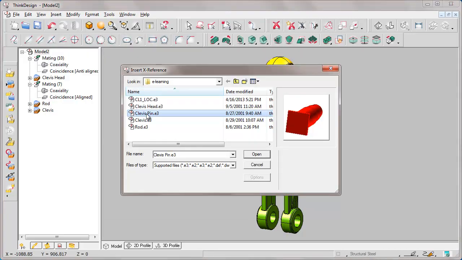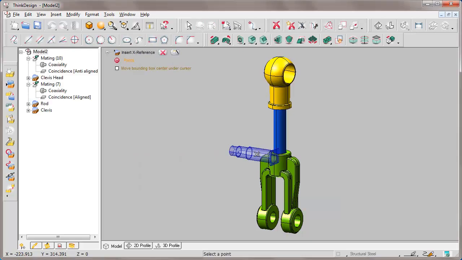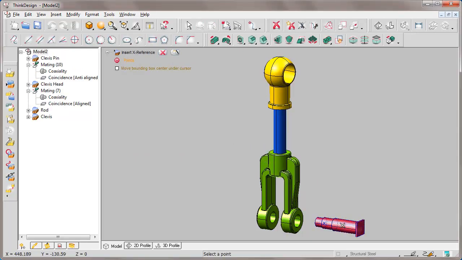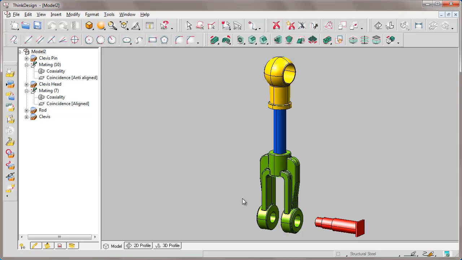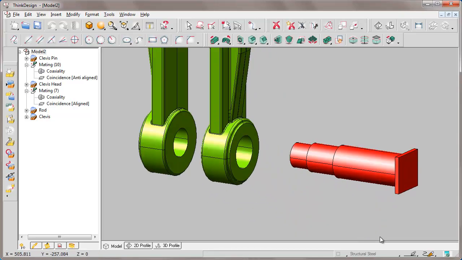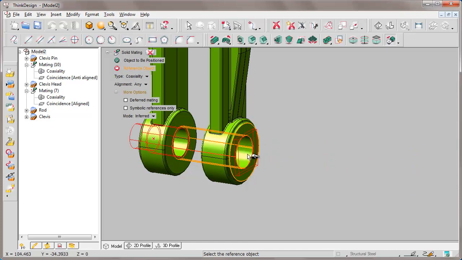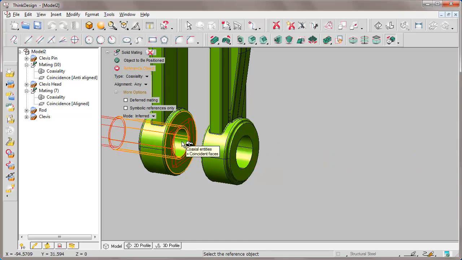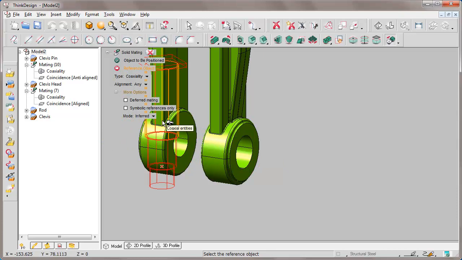OK. We position the pin and enlarge the bottom area. Keeping inferred, a mating with constraints of coaxiality and coincidence is automatically inserted. Coincidence with the face of the initial clevice and coaxiality with respect to the holes.